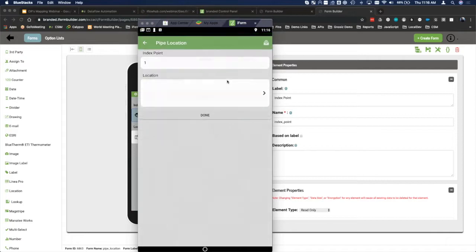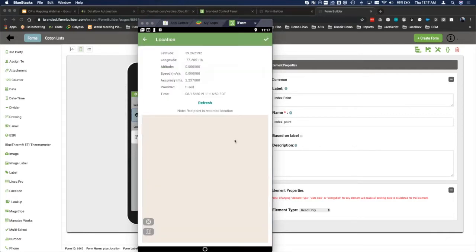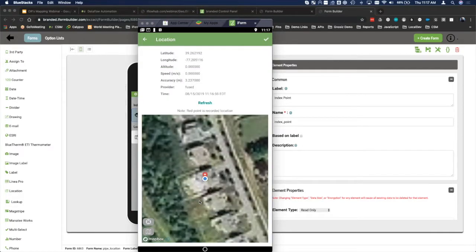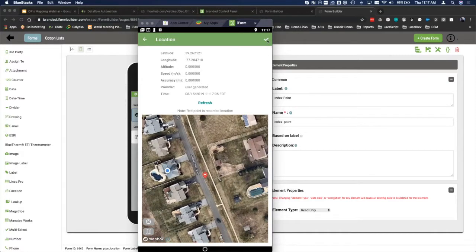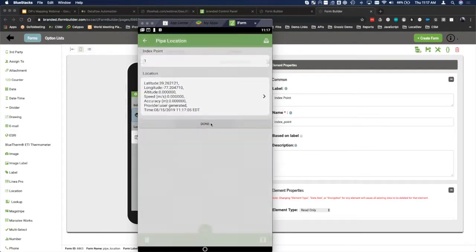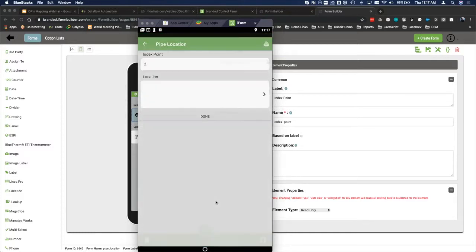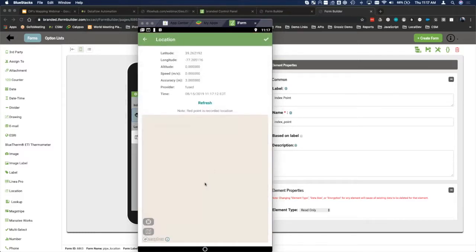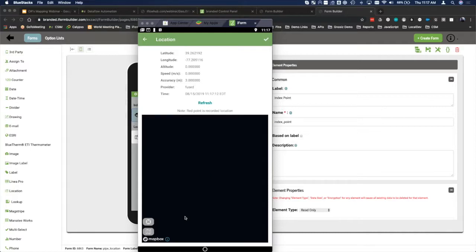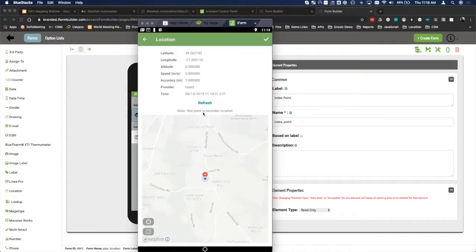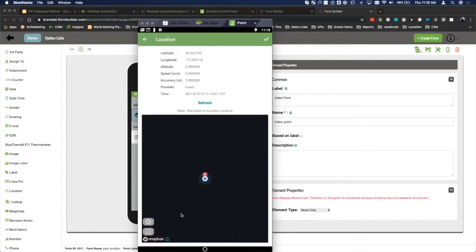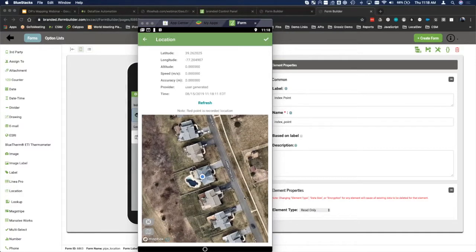So I'm going to also do my sewer line here. The sewer line is going to run from here, and it's going to go all the way down to the backyard. And I'm going to switch to